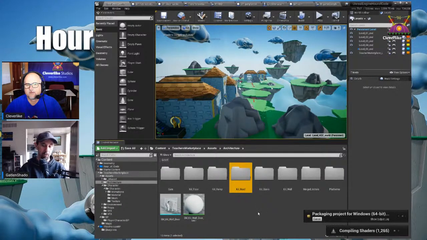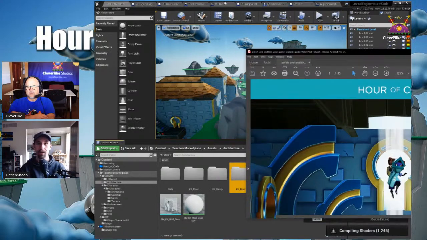Well, I think I totally goofed up the shader thing. It's just going up now. Once that's actually completed, you will get a little exe, and I can actually show you what that looks like